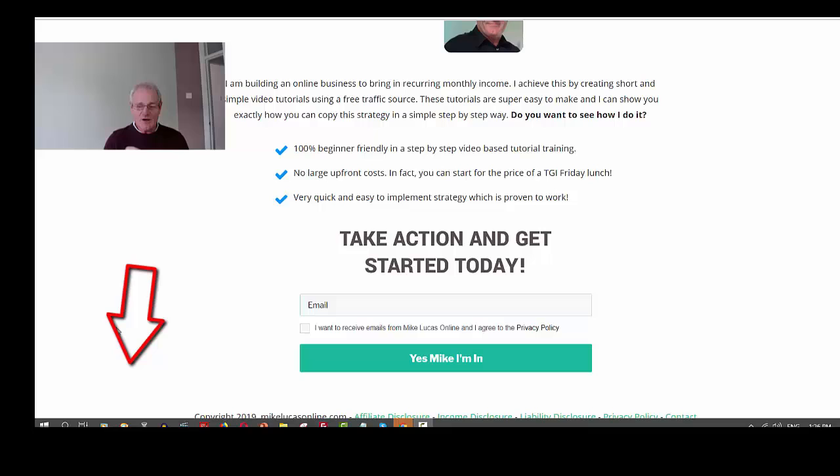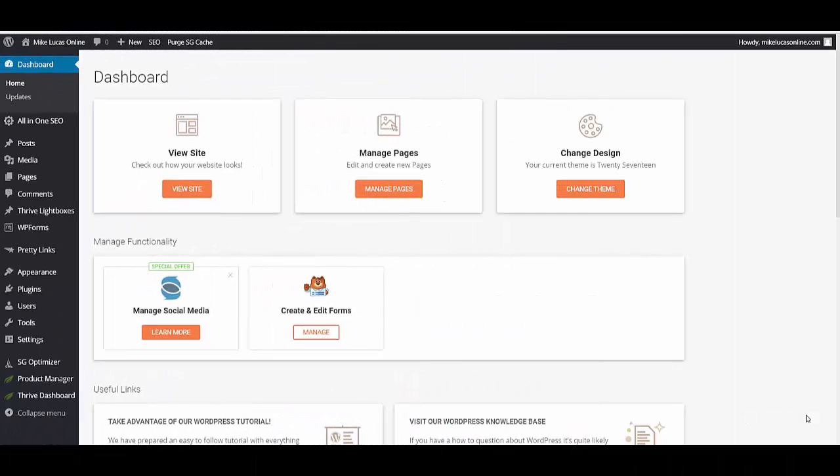Okay, so let's dive in my computer and see how we are going to make exit pops with Thrive Architect and Lightboxes. Okay guys, here we are inside my WordPress dashboard and how to make exit pop-up with Thrive Architect and Lightboxes. Before we get into how to actually make one, it's a bit of a contentious issue, this